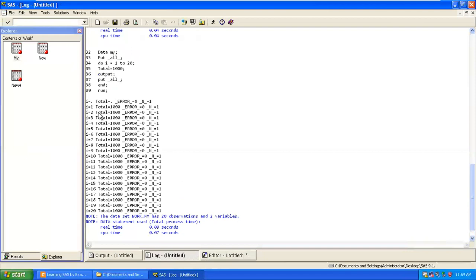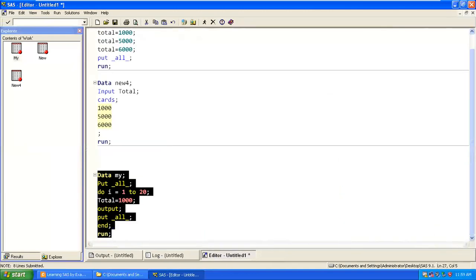See, my PDV is not getting changed, but only the iteration is getting changed. So with the help of a do loop, you can iterate, but there is no effect on your PDV. The way we were not able to do it in normal programming, we can do it here with a do loop.